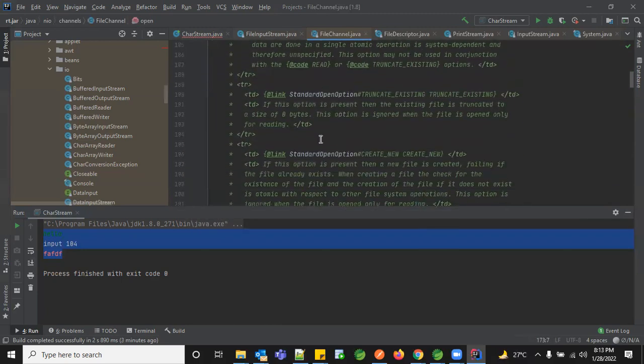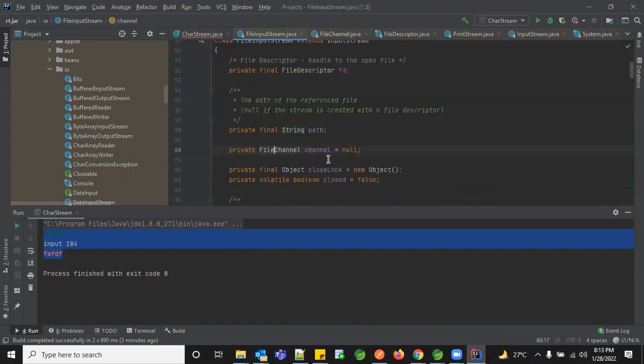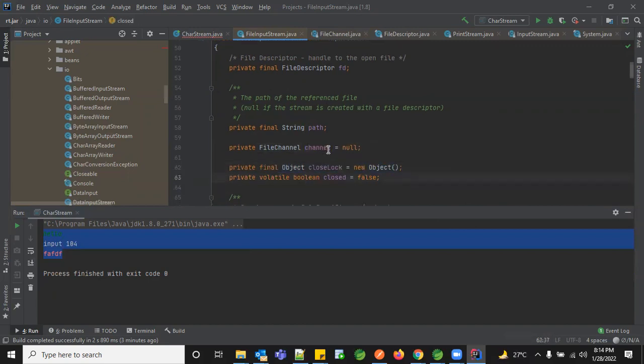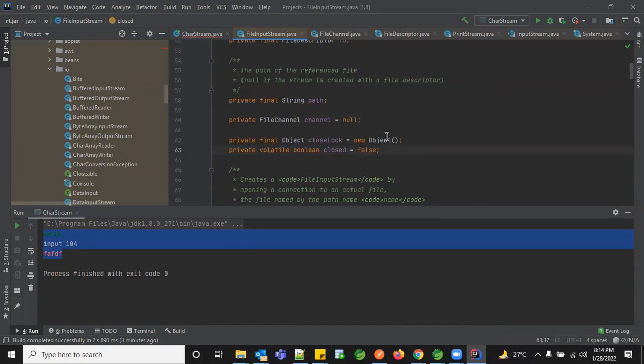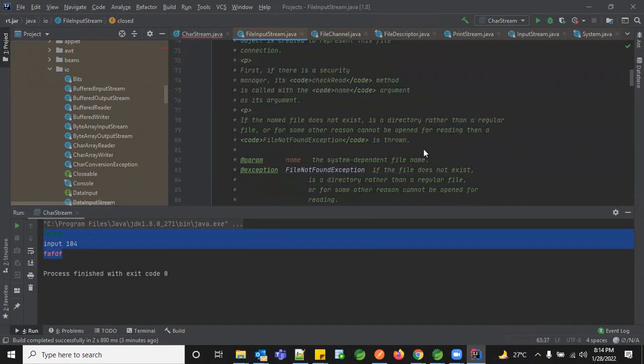And if you observe, this is again an abstract class, and it is extended in the relevant channels, and we are just using this in our file input stream as a channel object. The object close and lock, we will observe in the thread concept. The lock concept you'll learn in threads. Once you understand the deadlock situation and how to release the deadlock, you'll get to know the lock concept better and how to use that in the file input stream and output stream. So apart from that,